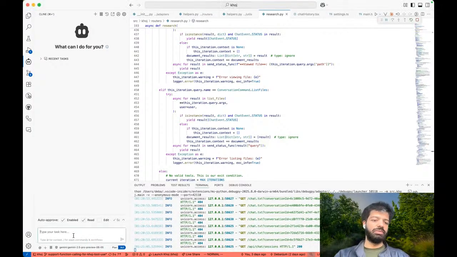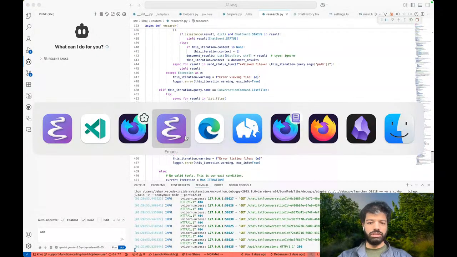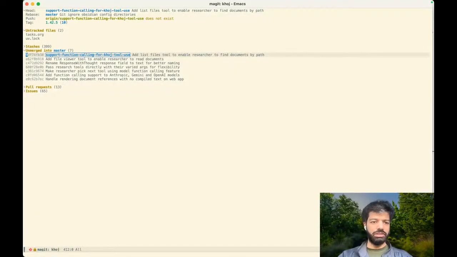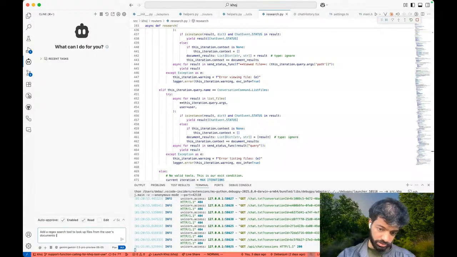Right, so let's just edit what we want to do. Wait, let's make sure that the code base is clean, right? Yes, we already checked that actually. So: add a regex search tool to look up files from the user's documents. File object is the name of the DB construct we have for that.